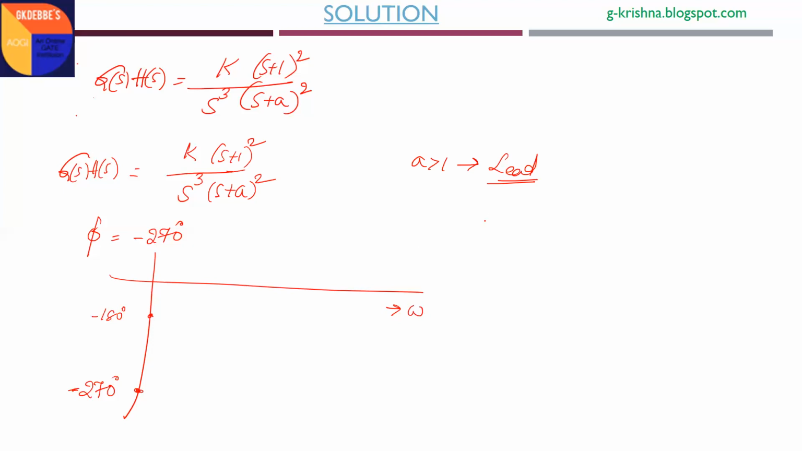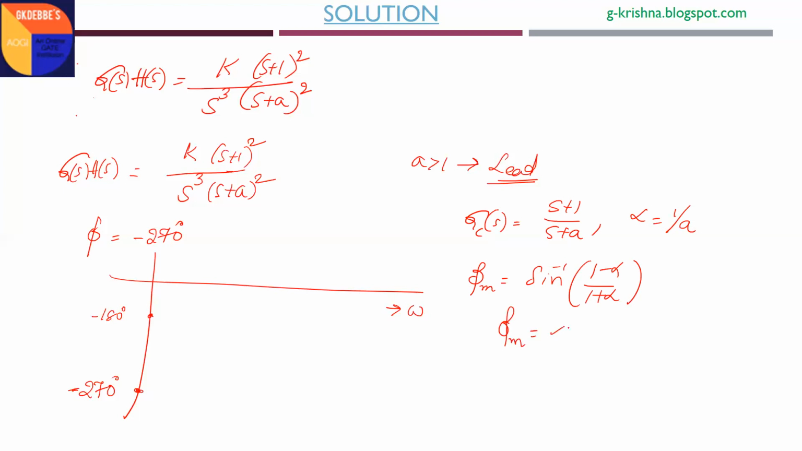So let me explain the lead concept. For a lead compensator like (s plus 1) by (s plus a), take alpha as 1 by a. The maximum phase shift provided by one lead system is given by the formula sine inverse of (1 minus alpha) by (1 plus alpha). If one lead system provides 45 degrees, then two same lead systems connected in cascade will provide 2 into 45, which is 90 degrees. So to get a phase shift of 45 degrees from one lead system, what is the required alpha? If you solve with the same formula, we get 1 by